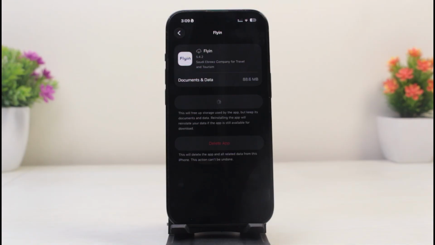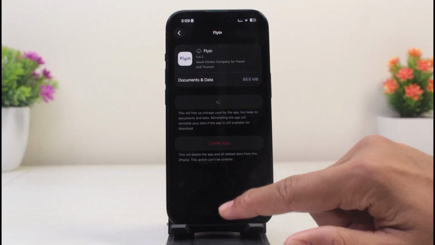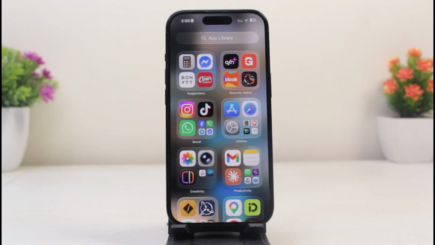And what this does is it deletes the application whilst keeping its documents and data. And the next time you open the app, you shouldn't be facing any kinds of login errors. However, if you do face any kinds of errors after this, you can simply restart your device once and open the app